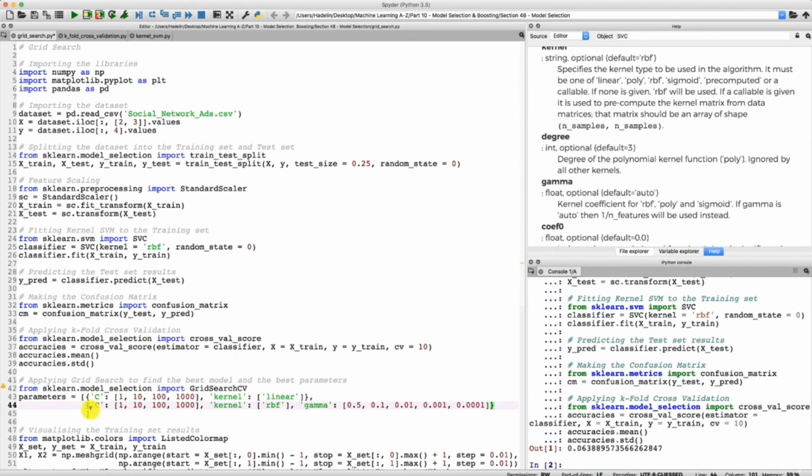Alright, so that's it for the first step of grid search. The first step is about choosing these options for the parameters. And now in the second step, we're going to implement grid search. These parameter options are going to be the input of the GridSearchCV function that we just imported. So we will use this function and get the results of the optimal parameters in the next tutorial for step 2. Until